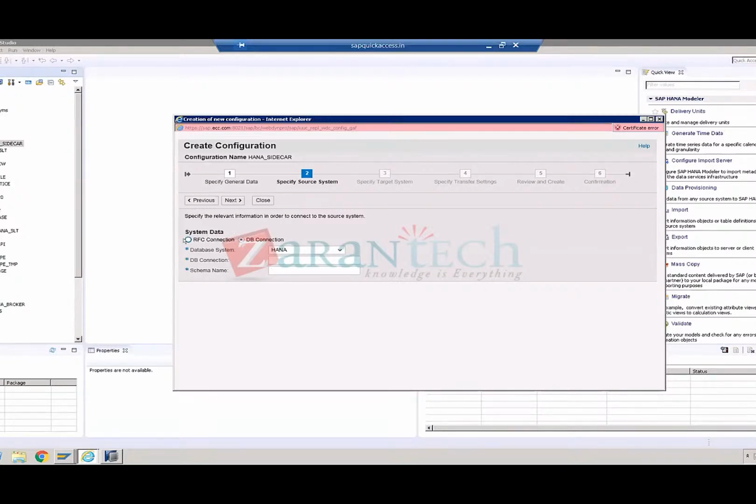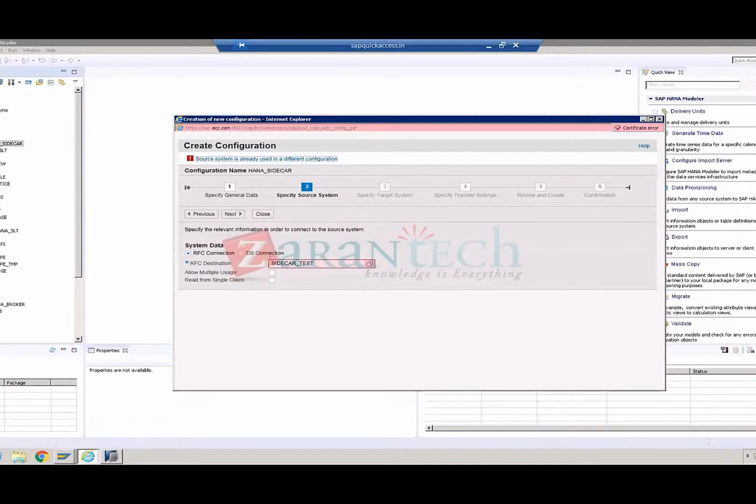If I select the RFC connection, the option of allow multiple usage and read from single client, keep that in your mind. When I go back to the whiteboard, I'll explain that concept to you, because it's difficult for me to talk through this without using a whiteboard. So once I've done this, I will click on next. Most likely it will throw an error saying that this is already being used. So I won't be able to move forward. Essentially what would happen is, if this connection was new,